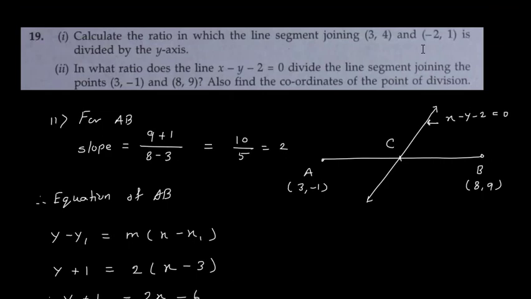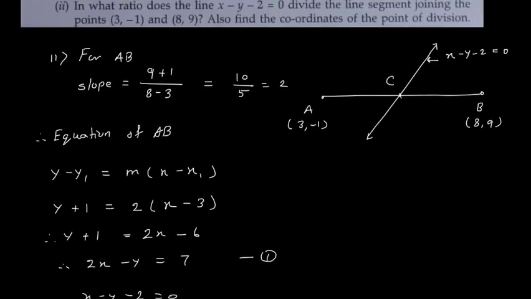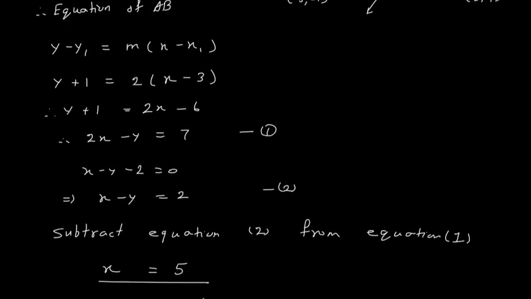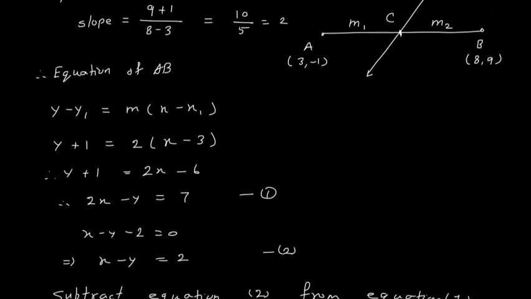Next, in what ratio does it divide these 2 points? Now the problem is simple. You understand the coordinate of point C. Now you can easily find this m1 ratio m2. Apply the section formula. For that you have to bring all m1 terms on one side and all m2 terms on the other side, and thus by solving you will get the value of m1 upon m2.